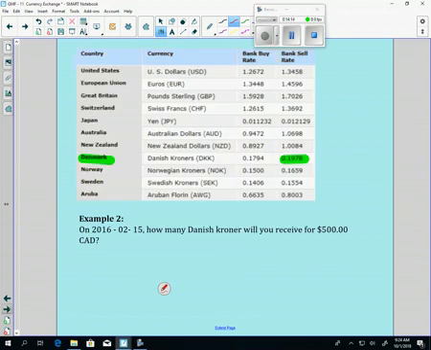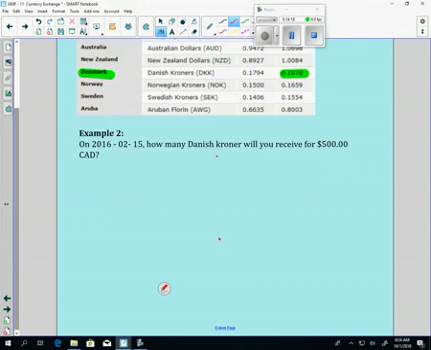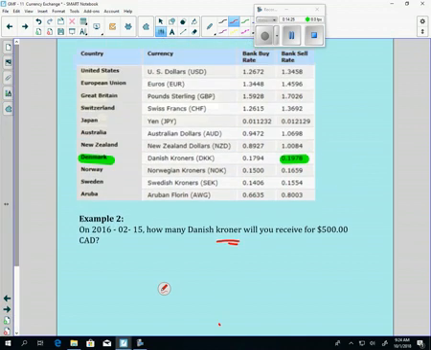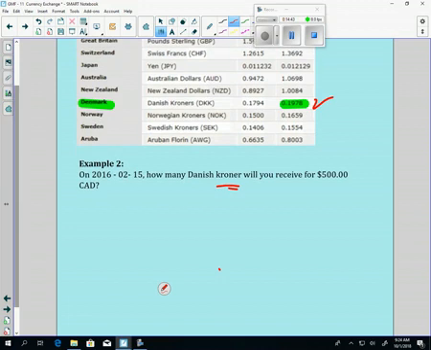Another example, you're going to Denmark. They use kroner as their money, kroners. It says how much money you receive for $500 Canadian. Well, again, I have to buy kroners. I have to buy it. So that means the bank is going to sell it to me. So I put down that ratio. It's going to be $1 or 1 kroner. It's going to cost me almost 20 cents. 1 kroner is equal to